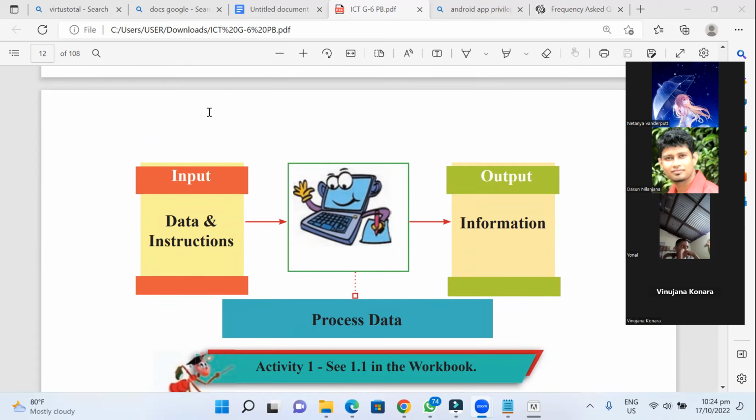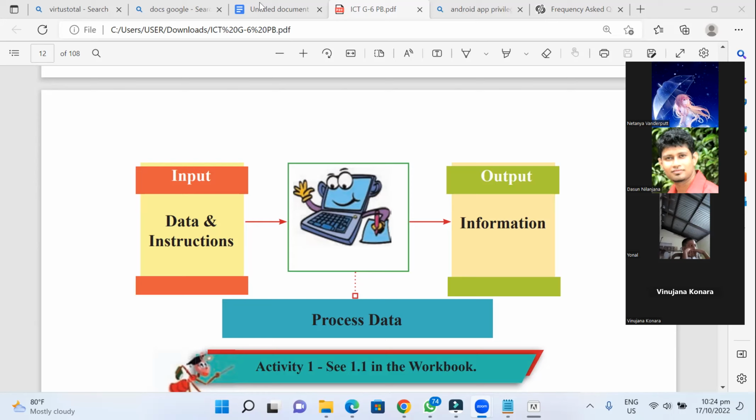So what are the output devices the computer uses? Speaker, scanner, multimedia. Is a scanner an input? Scanner is input, right? Scanning is taking things in. Webcam is input. Printer is output. Monitor is output. Projector is output. Speakers are output. Yes, giving things out. Be careful when you are giving answers. Sometimes you are giving wrong answers. Then you will get fewer marks.